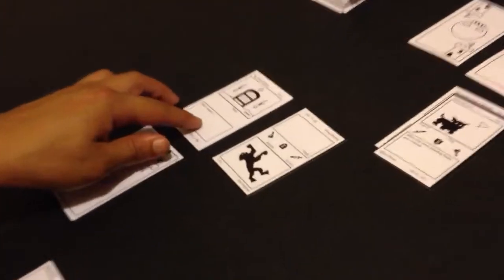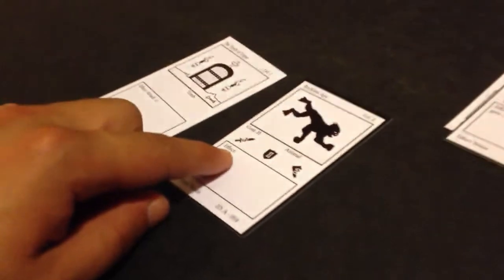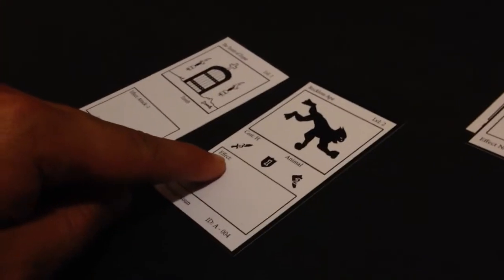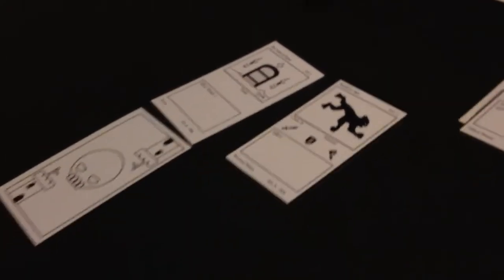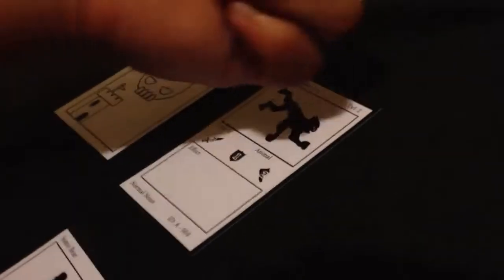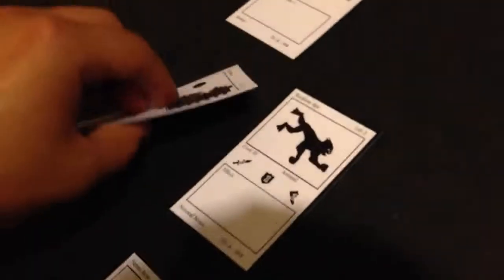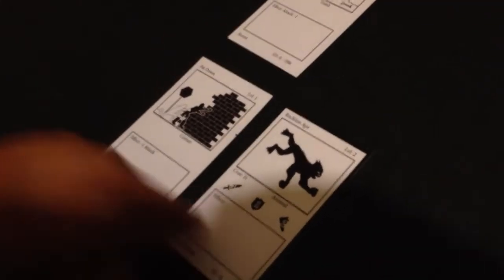It is -1 attack. Now let's turn this around here so you can read. He has 3 attack, -1 attack. He has 2 attack. So that's the first room. Does he want to move on to the second room? Yes. He has 2 speed, so he can move 2 rooms unless otherwise affected. So we flip the second room, and it is also another -1 attack room. So that brings his attack from